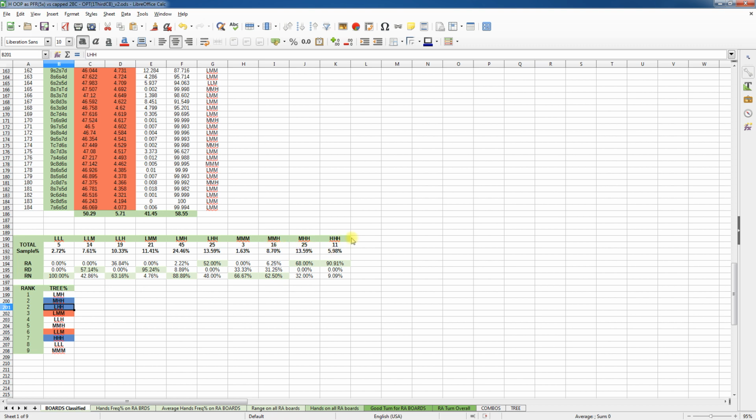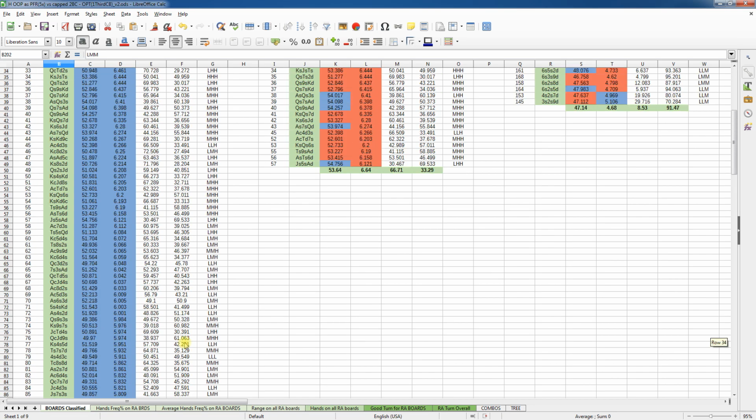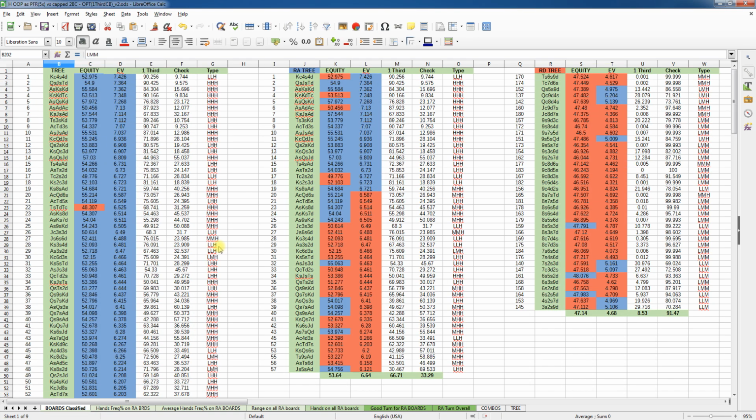The low, high, high also, which is 25% also, is kind of a mixed board, if you want. 52% of the low, high, high boards are in the range advantage table, and 48% are in the range neutral. And after that, we got the low, mid, mid, which are bad boards for us, etc. So this is a way you can gather the results from a database, and you can look at boards that way. In fact, once I had done this, I wanted to know at which frequency Big Green was